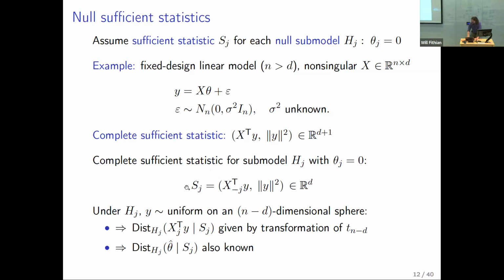And this is the S_j that I'll be talking about. Under the null hypothesis H_j, we know that the conditional distribution of Y given S_j is uniform on a sphere of dimension n minus